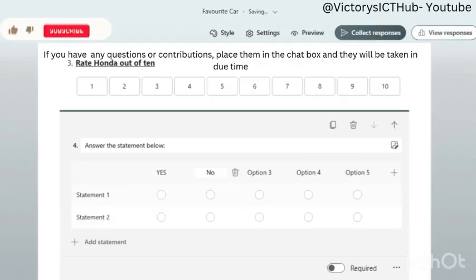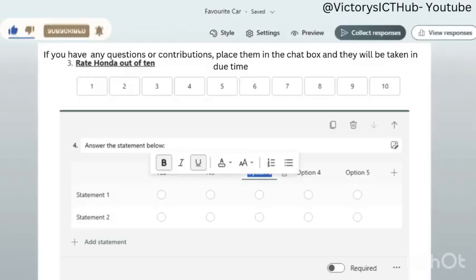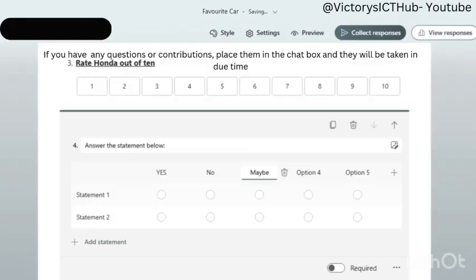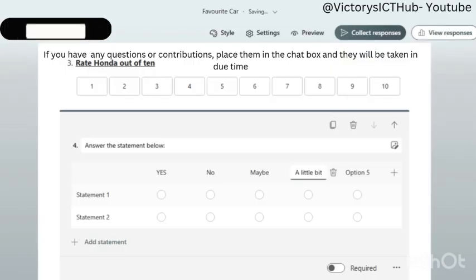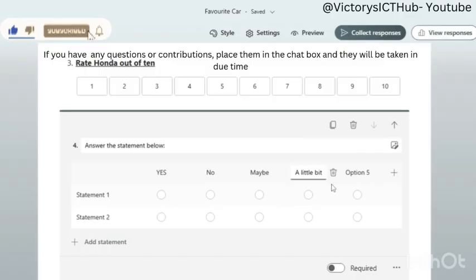I think it's giving us some options. You can type in maybe, you can type in a little bit. So these are what these options are for, okay? And then you type in the statement here, and then you can choose yes, no, maybe, a little bit, or